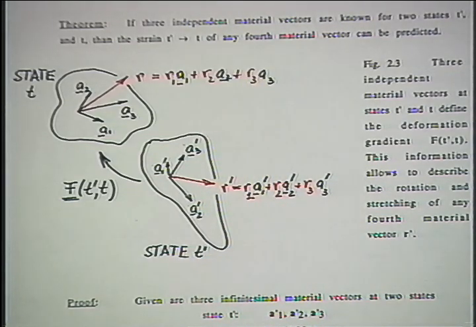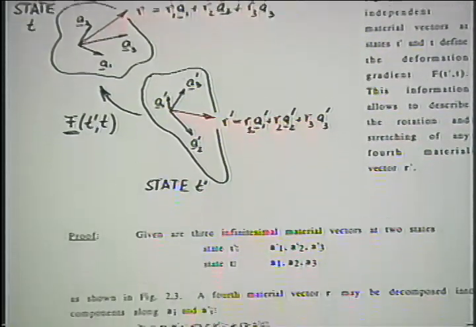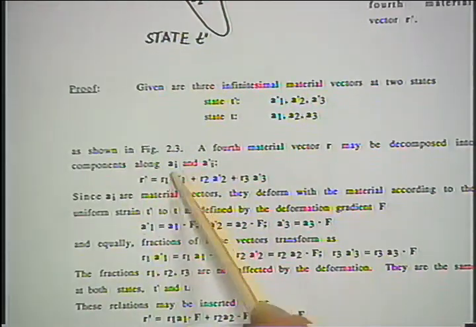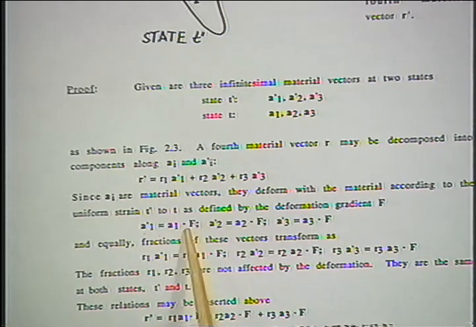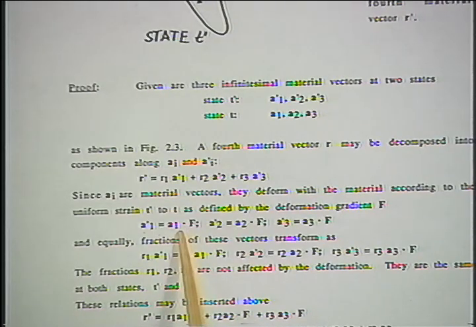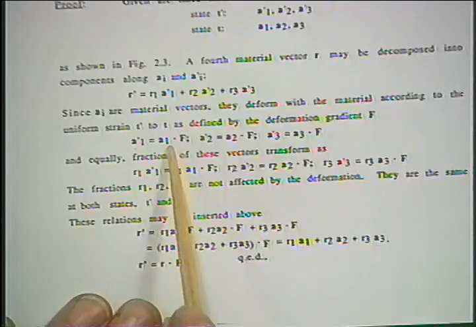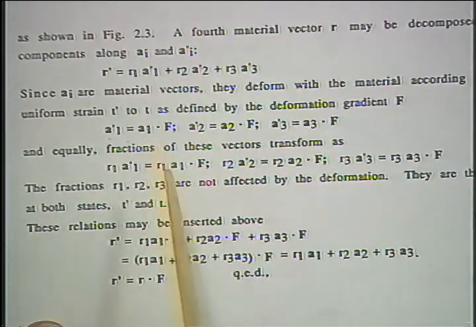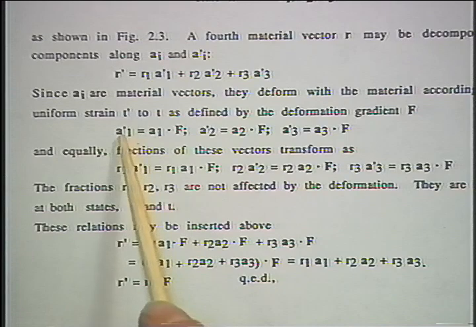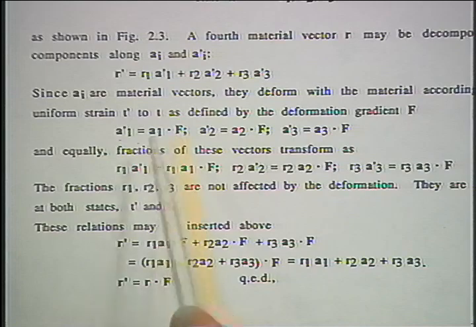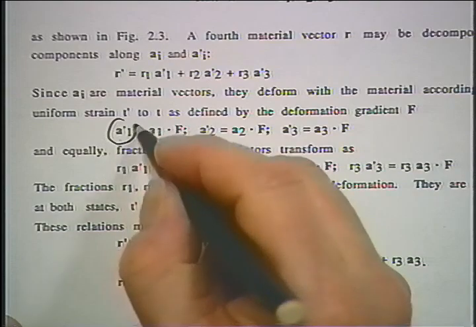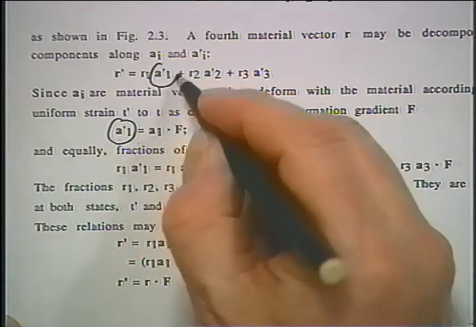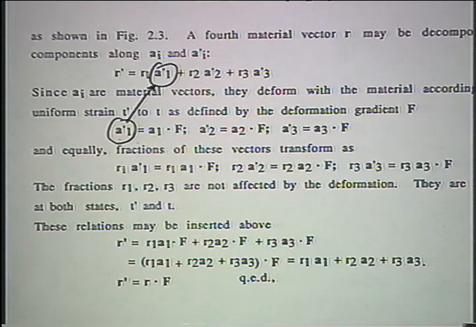Okay, so this is our vector R prime. And within R prime, we can now replace A1 prime with the formula for... you can magnify a little further. It's too small here. Yes, thanks. So we replace A1 prime with A1 times F, and we put this over into this position. Yeah, we would put this up here. We would insert it here, and